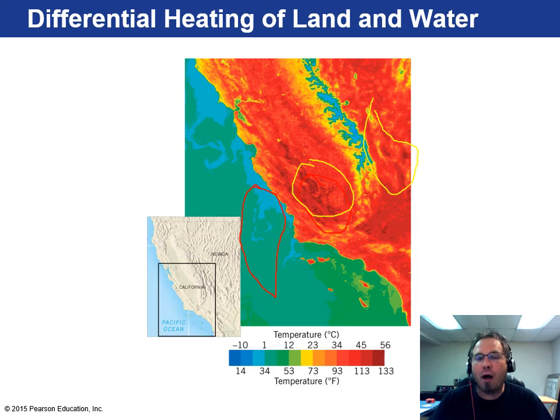It can create fog. That's why a lot of times San Francisco gets foggy. The temperature of the air and water are either very similar, because the water around San Francisco is actually very cold. It's not very warm water at all.